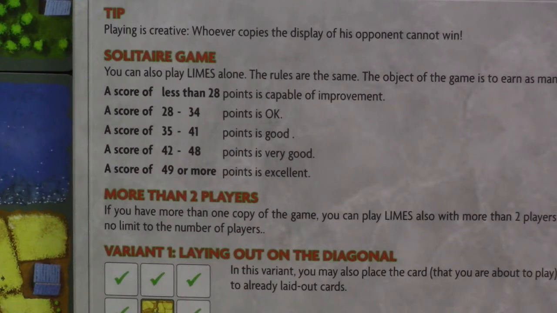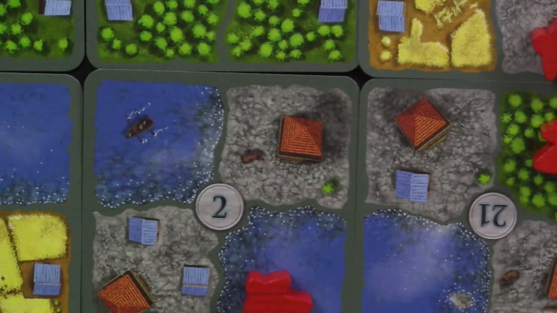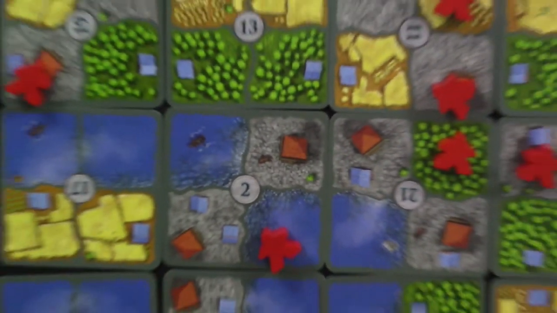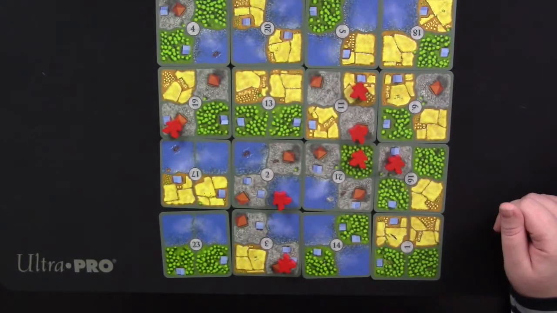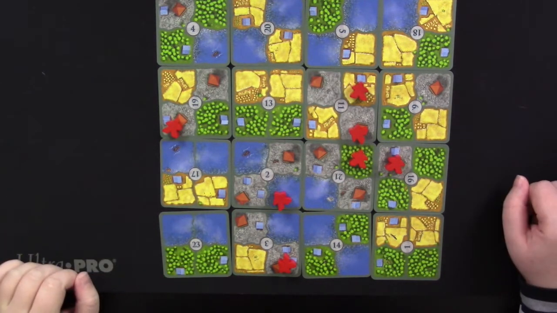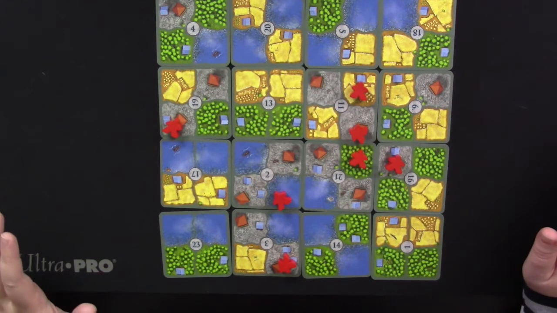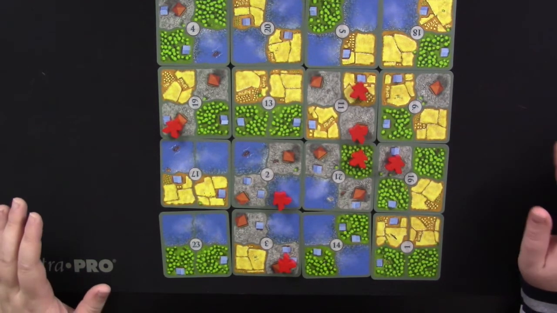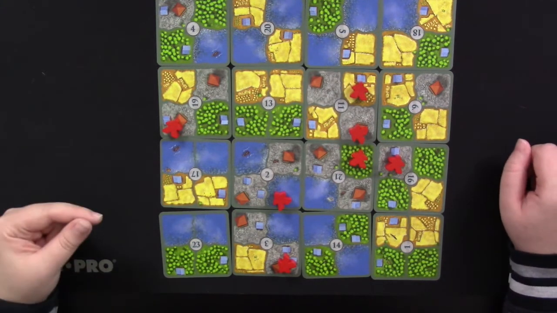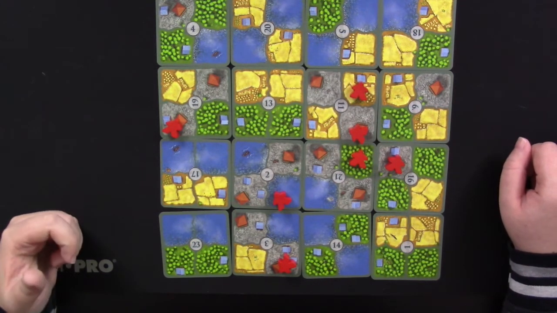One of the things I particularly appreciate about Limes actually is that it plays so quickly that even if things don't go quite your way right when you want them to, you are still able to just set up and try again and try to beat that score right away. So you don't sink several hours into trying to get a great score only to find that it didn't work out. You can just play for a few minutes, have a complete game, score it, and be ready to try again. So I find myself playing this game a lot of times in a row